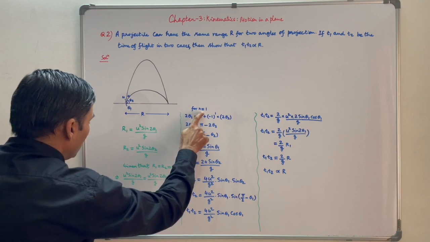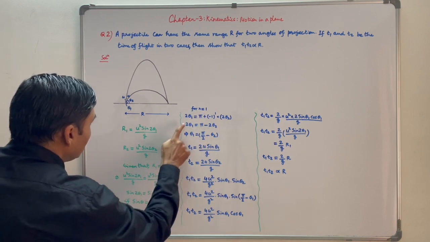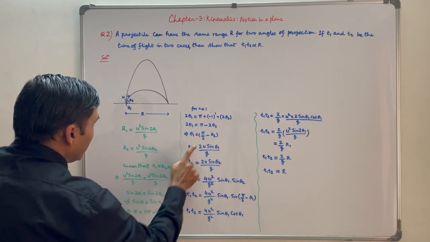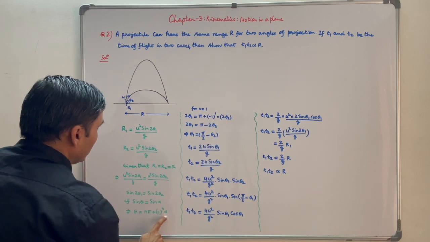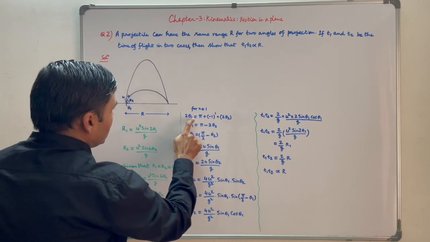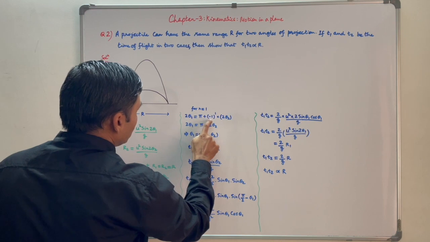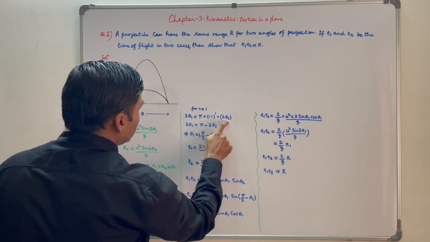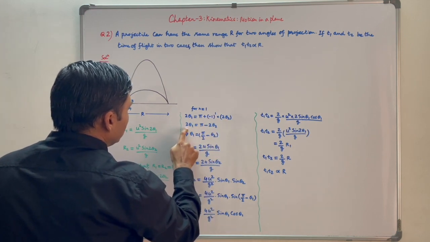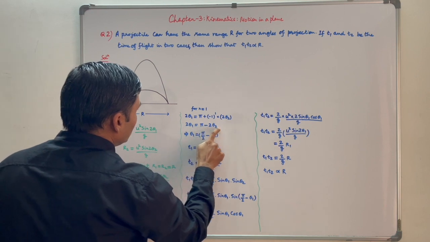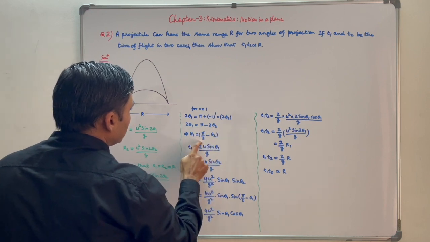For n is equal to 1, write 2 theta 1 in place of theta and 2 theta 2 in place of alpha. So 2 theta 1 is equal to pi plus minus 1 to power 1 into 2 theta 2. So 2 theta 1 is equal to pi minus 2 theta 2,